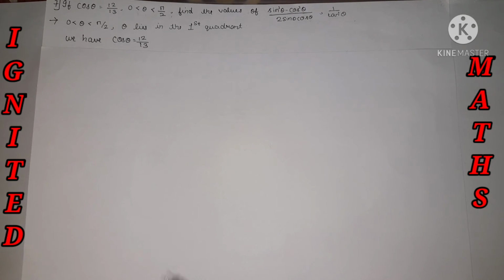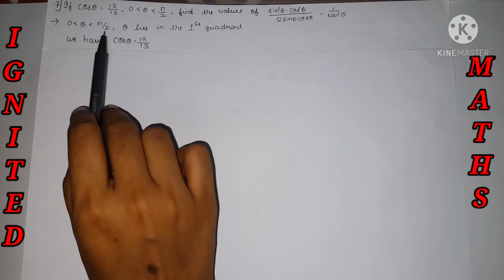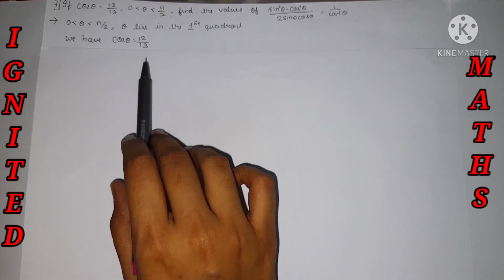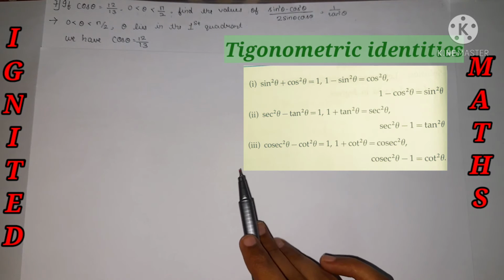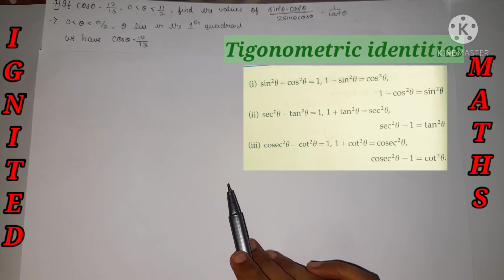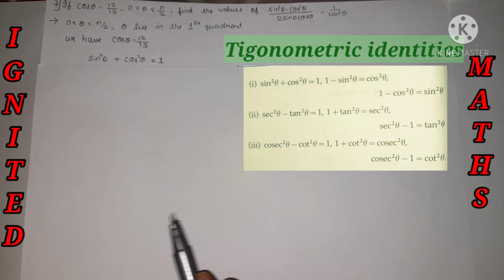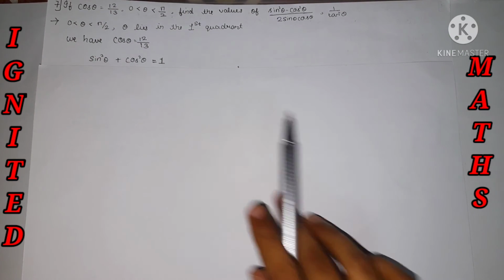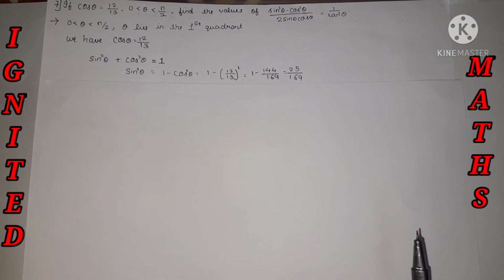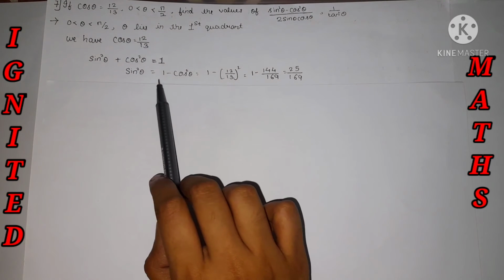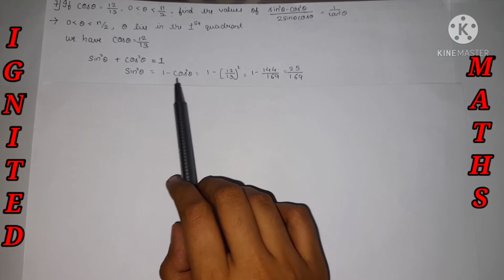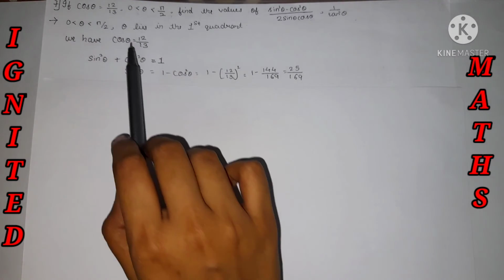We have mentioned over here that theta lies between 0 to pi by 2, so theta lies in the first quadrant, and cos theta is equal to 12 by 13. But we have the formula from the trigonometric identities, that is sin square theta plus cos square theta is equal to 1. We have the value of cos theta, so we can find sin theta very easily. So sin square theta is equal to 1 minus cos square theta. We have shifted the cos square theta over here,